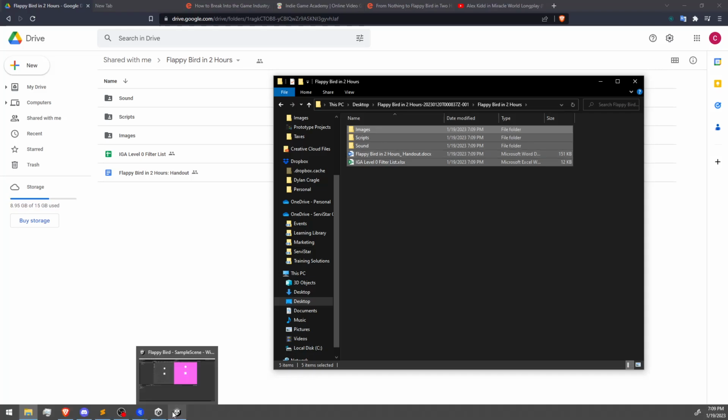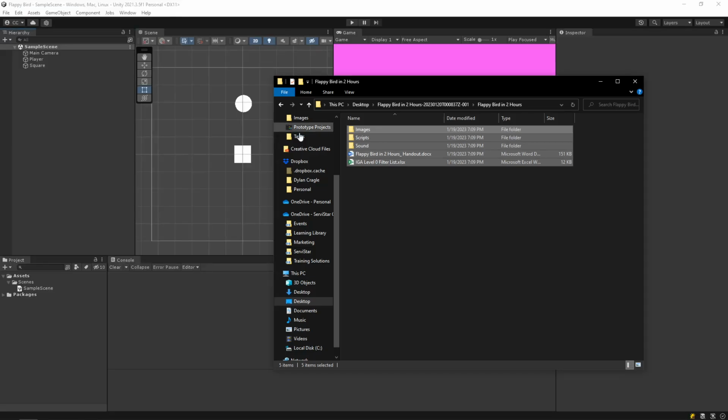Now if I bring up Unity and bring up that folder so that I can see both of them at the same time, if I select all of these, I can just drag this straight into the assets folder by dragging it right on top of the word that says assets inside the project window. And then for a little bit, Unity will compile because it's detecting that we have added in images, we've also added in scripts, and so it's just recompiling and making it so that everything works exactly as we intended to. Thank you, Unity.